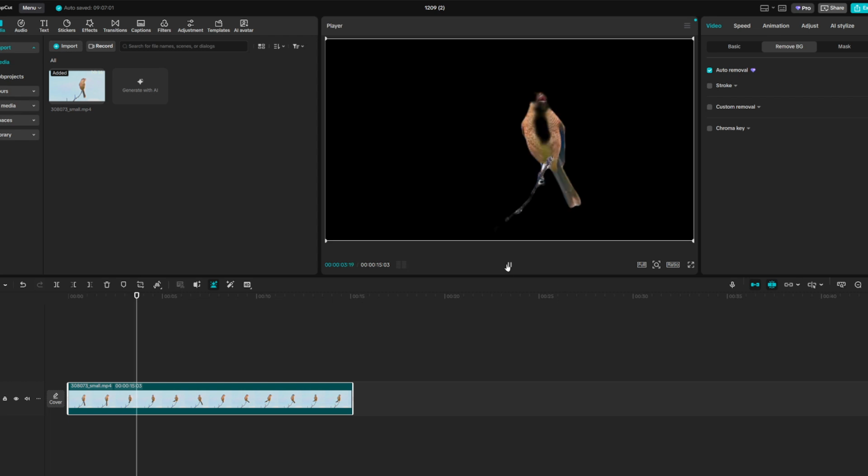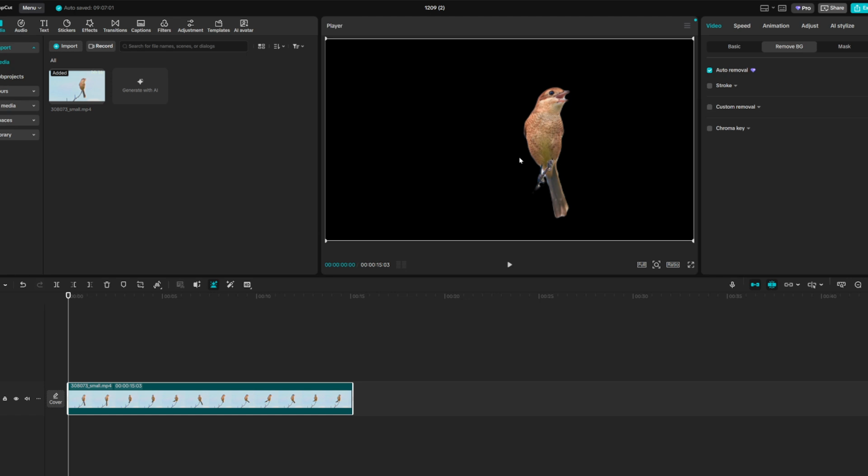Clips with clear contrast between the subject and the background generally produce cleaner edges. Good lighting helps CapCut detect outlines more accurately, especially around hair and hands. If you're planning a shoot with this effect in mind, avoid backgrounds that are too similar in color to your subject's clothing. Also, higher resolution footage can give the algorithm more detail to work with, which often improves the final